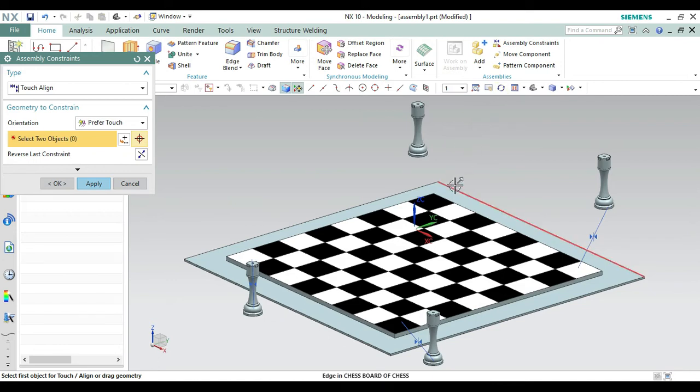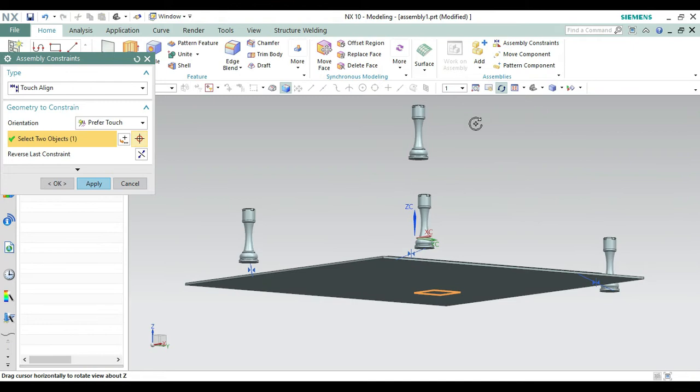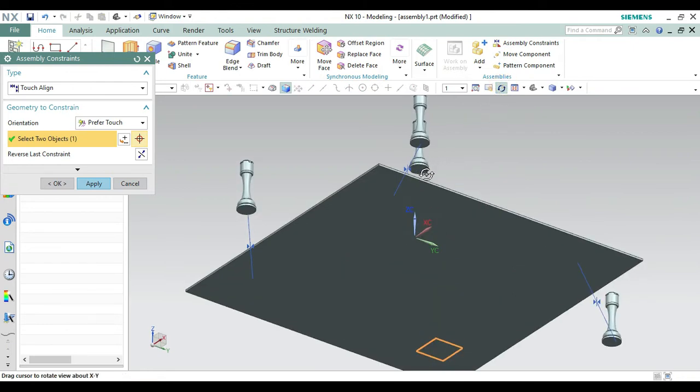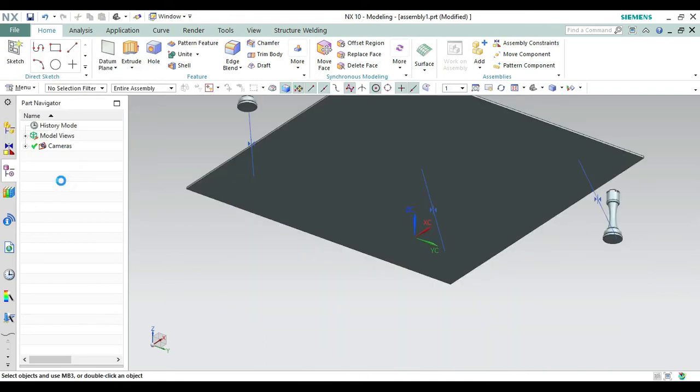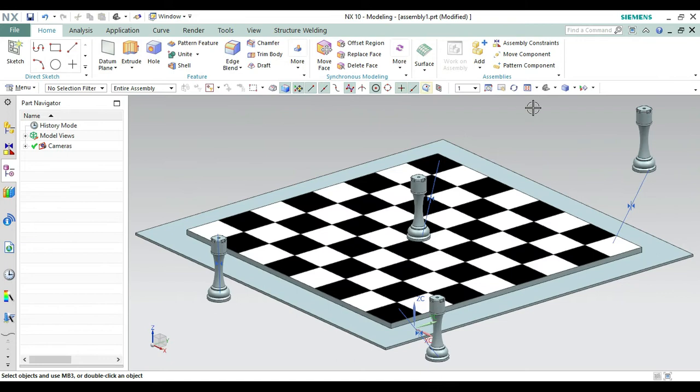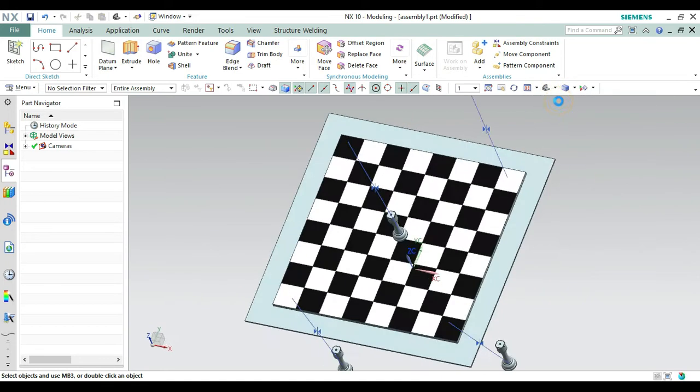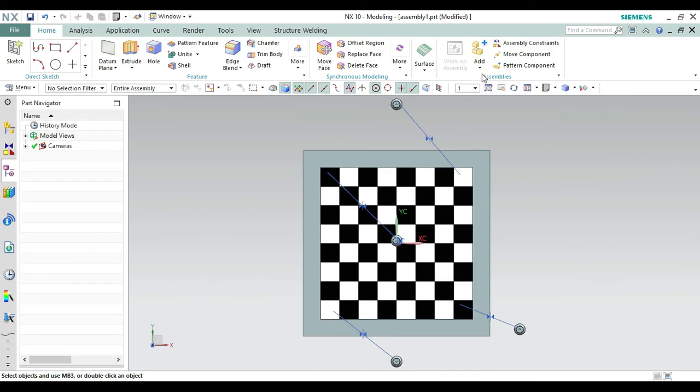So from here, let's take this face, rotate it, and we have to select this face, not the edge of the roof. Select like this and make it okay from here. Okay, now what we have to do, first let's make it like this one. Okay, so it will be easy to drag each and every part.